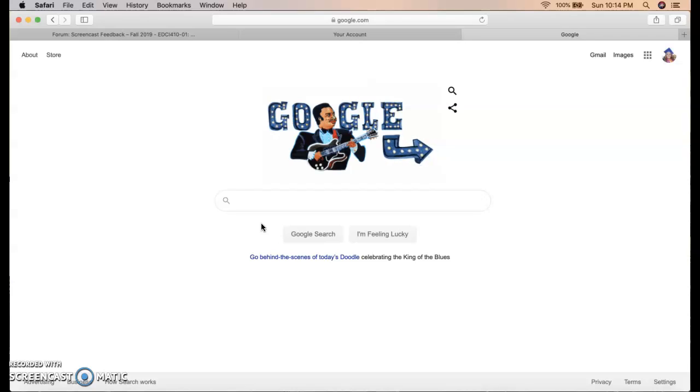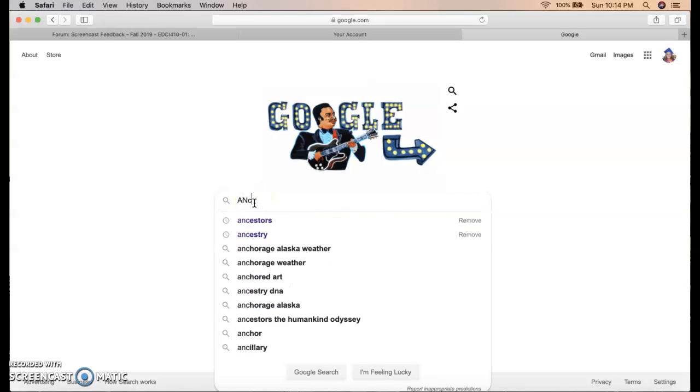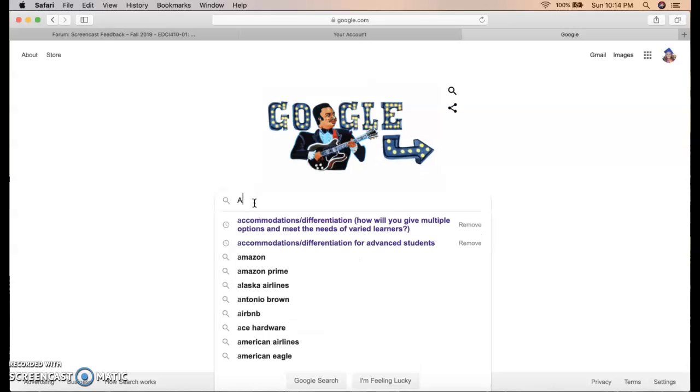And I just think that this is an interesting website to use, and I was able to create an actual lesson plan using this to help my future students hopefully be able to track down and see where their family is from originally. So what we'll do is we'll type in